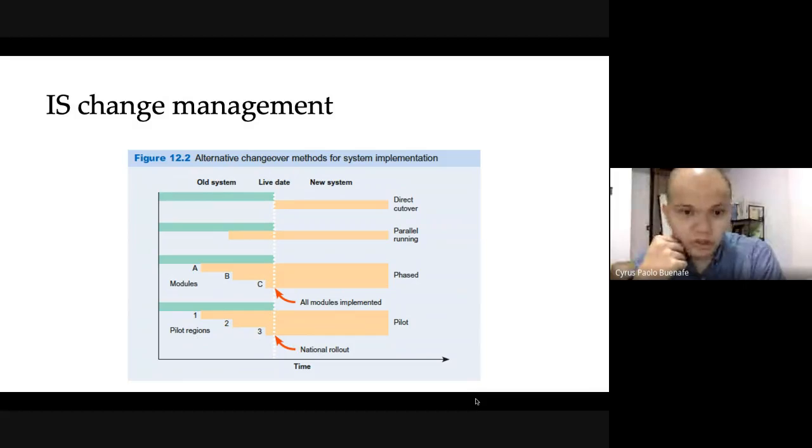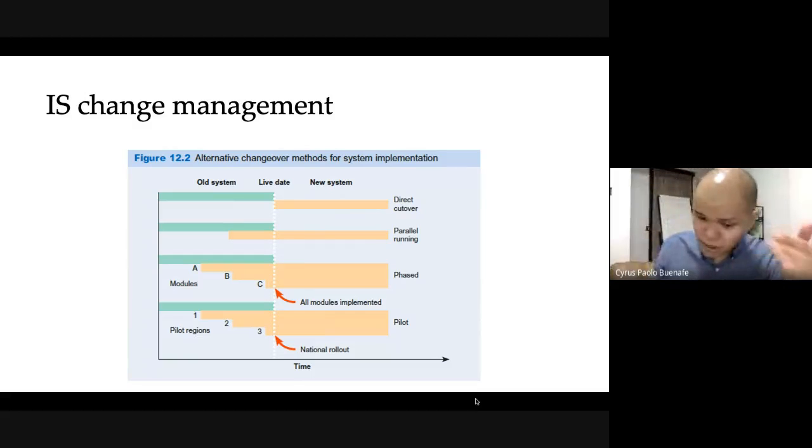So slowly, people will start using the new system. In fact, not slowly. People can already start using the new system, but the old system will still be there. It's just turned on in case there are certain things that need to be addressed. And you can have something run in parallel. Now, after a certain period of time, you can make the announcement that you will kill the old system, you'll sunset the old system. But during that period, you will have two systems simultaneously running, in a dual maintenance